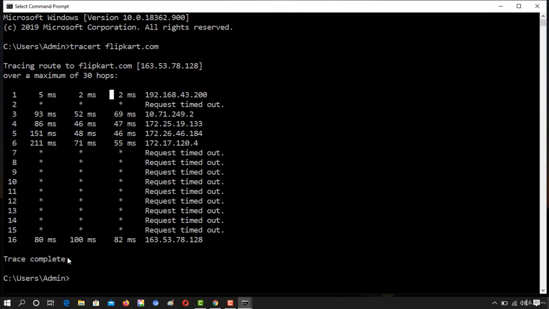As you can see on the screen, our computer has successfully completed the trace route. Now let's interpret the results. You can see that the first request was sent to IP address 192.168.43.200. That router tried sending the request, but the second request timed out, and therefore it tried again after 93 milliseconds, and the next hop was at router